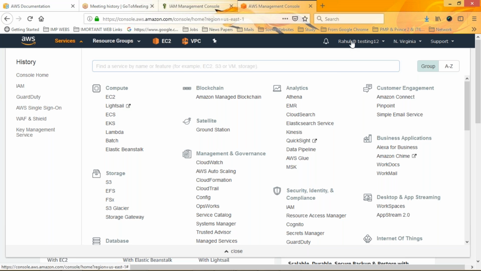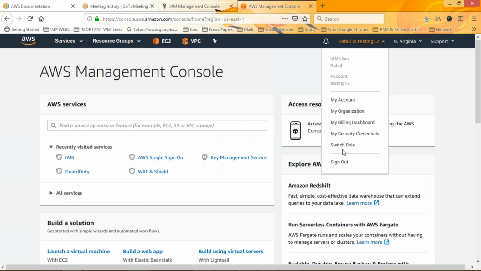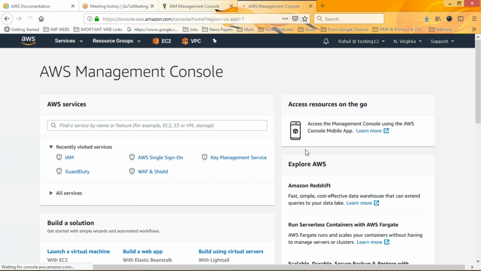So we are going to log out again. We can also switch roles, see my credentials, security credentials, and the billing dashboard, which he may or may not be able to see. You're providing control to the financial department, the billing side, and control over different roles of the users, with granular control over the resources at the same time. So this is our Rahul account of the IAM which we have created. We have created a specific policy and specific permissions. If you would like to go for a sign in again,